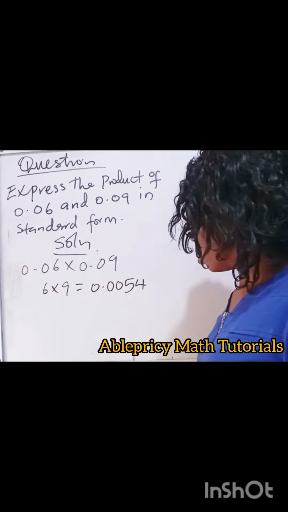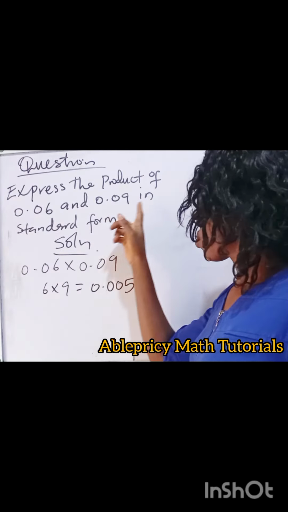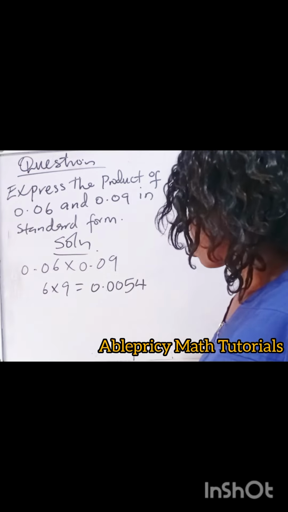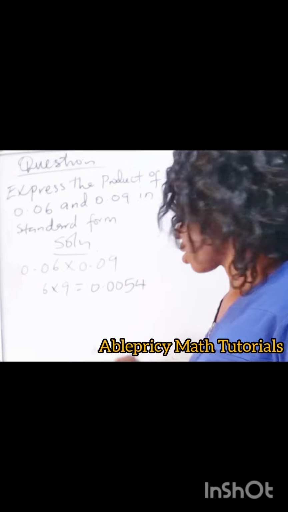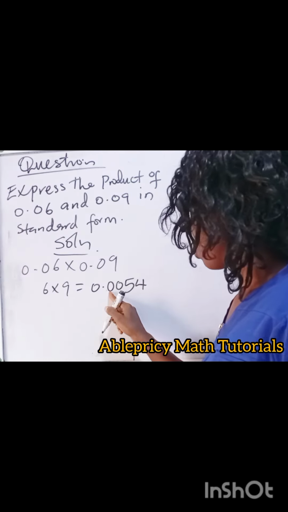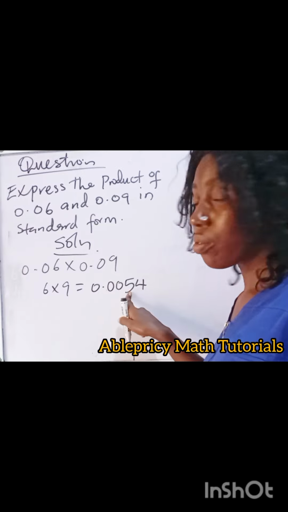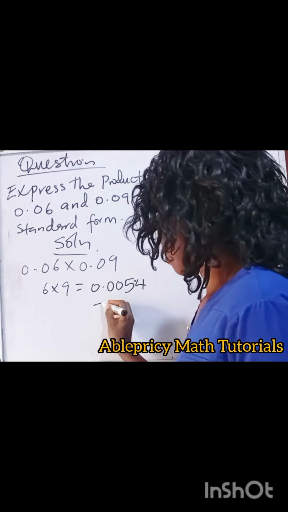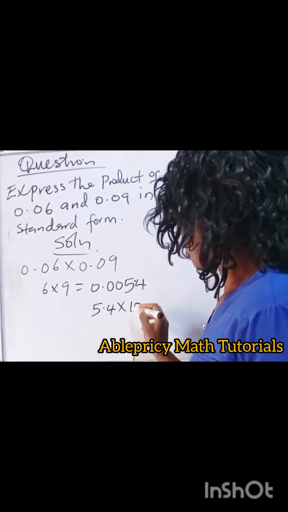Now what we are going to do here is to write this in standard form, because the question says we should write it in standard form. What we do is we keep on moving until we get a number that has value. There's no value here, there's no value here. So this is where we have a number, which is 5. So we put our point and we have 5.4 times 10 raised to the power of